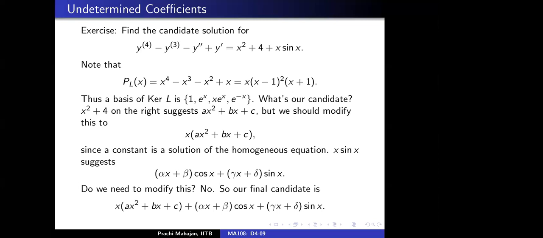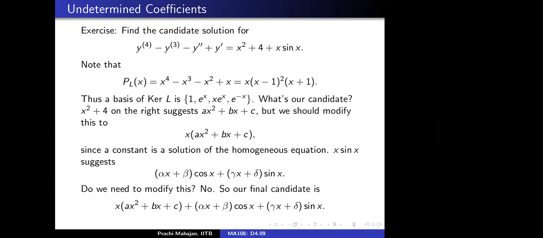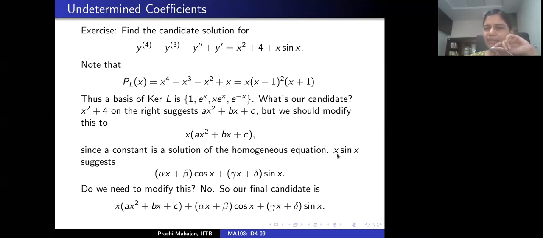See, the whole point of these examples is that we are going to develop a more systematic approach to come up with a candidate solution. Just hang on for 2 minutes. Ma'am, in place of alpha x plus beta, why can't we take only alpha x? See, the same logic. Whenever I have a degree 1 polynomial, I will look at an honest degree 1 polynomial, right? It may happen that beta is 0, but to start with, I will have a general constant here. Just wait, we are going to discuss a more systematic approach to the method of undetermined coefficients.